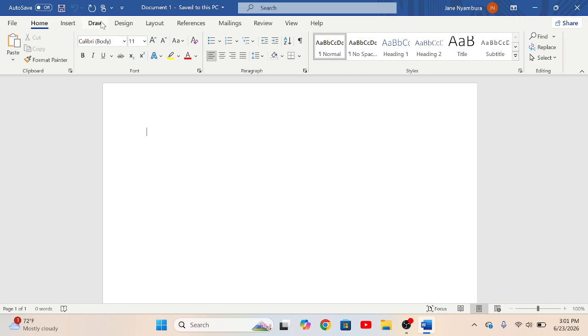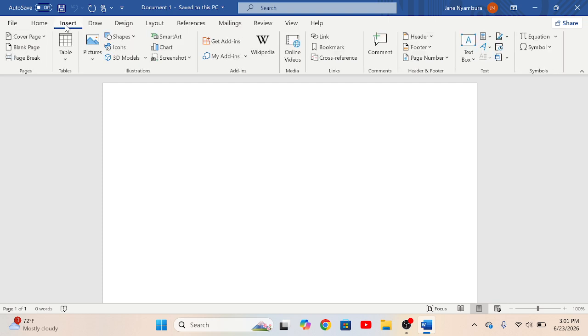Home, insert, draw, design. These here are called tabs. Once you click on a tab, it opens the tab ribbon. For example, when we click the insert tab, the insert ribbon comes up, and in each ribbon there are different groups. For example, in the insert